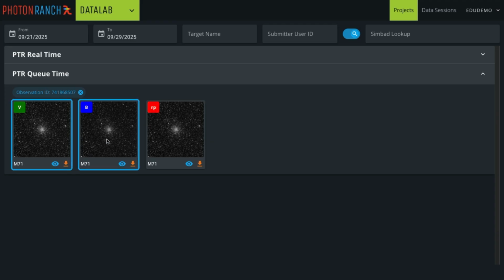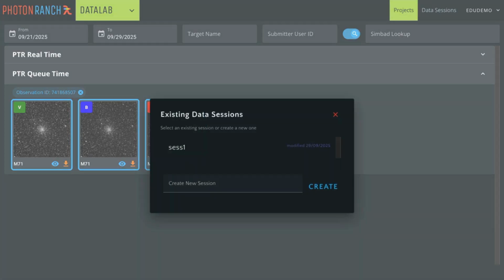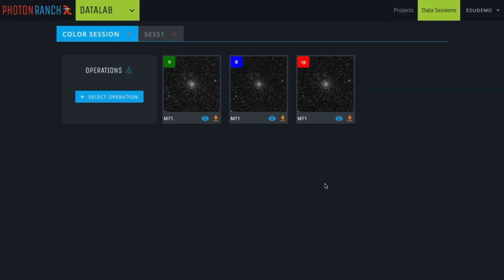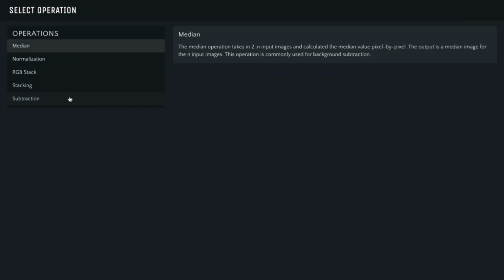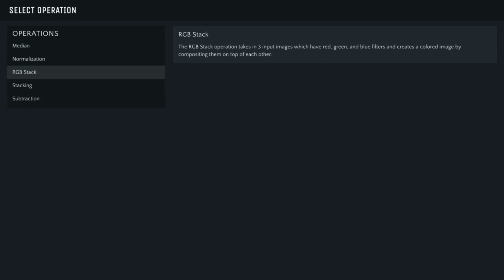Now I will select all three of these images in the V, B and R prime and add the images to a color session. Now I'm going to select an operation. When you click that select operation button, you'll be presented with a list of options. Over time, we'll add to these operations, but for now, I'll just select RGB stack and we'll use DataLab to